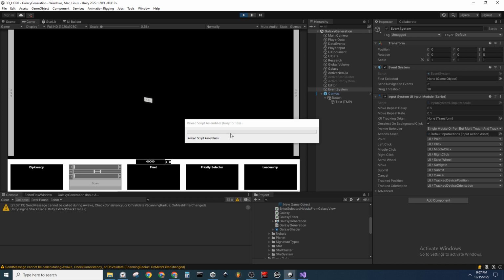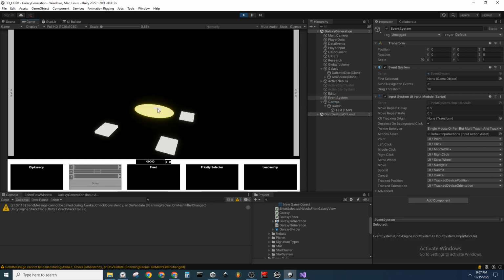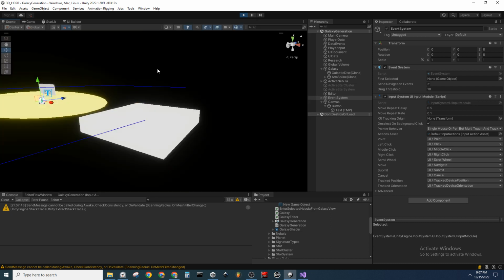And of course I have to give the Unity engine 25 seconds to compile for nothing. Alright, and it's just not working, so